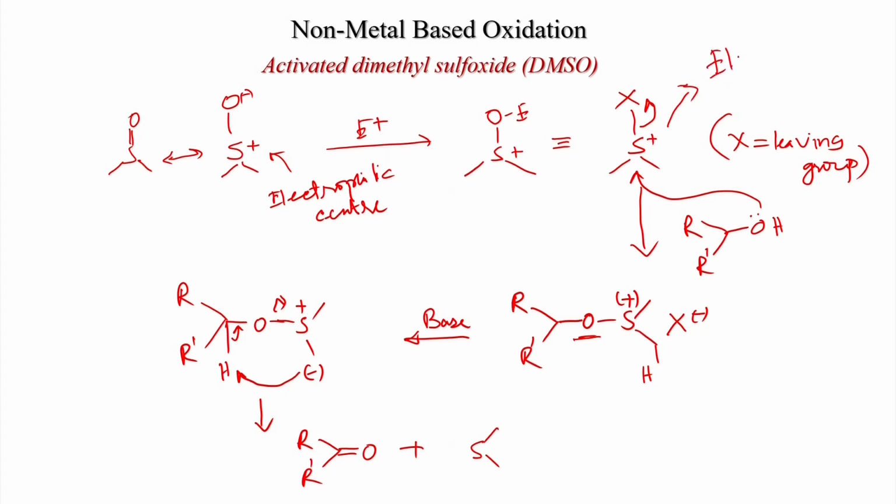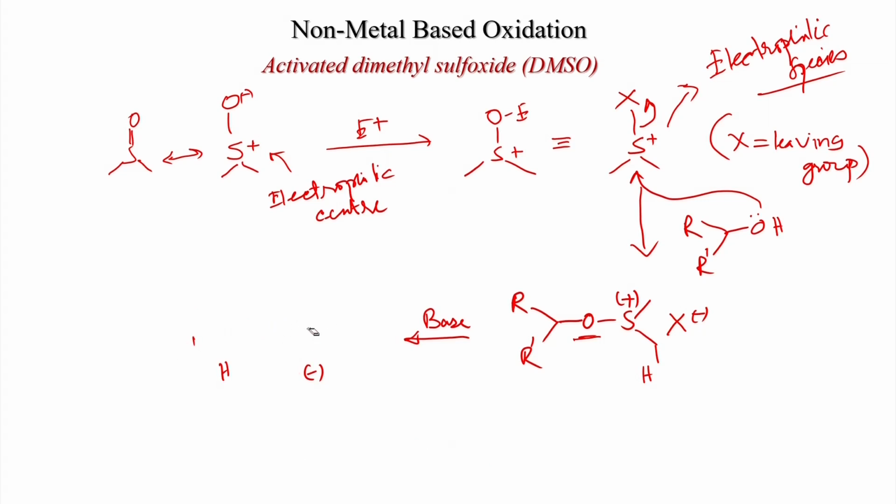So, main electrophilic species, and then you have to react with alcohol, and also you have to use a base which will deprotonate this or this, ultimately carbonyl compound will form and dimethyl sulfide will be a byproduct. And different electrophilic reagents have been used for this first reaction with dimethyl sulfoxide. So, that we will write now,